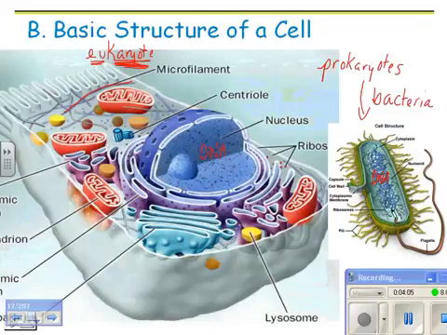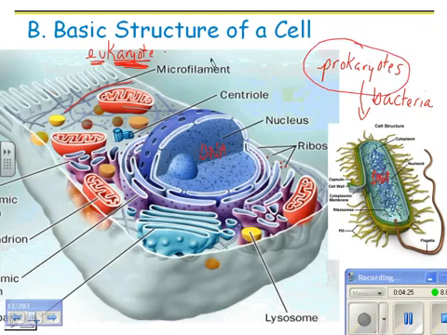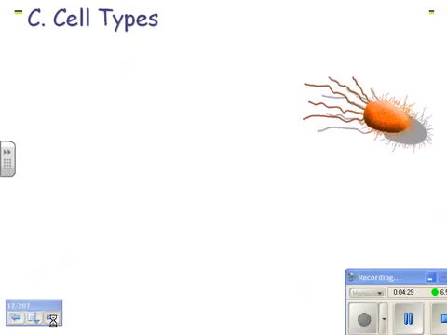So that's the difference between eukaryotes and prokaryotes. This has internal membrane-bound structures, and this doesn't. Really simple, really small for the prokaryotes, really complicated and a lot bigger for the eukaryotes. So that's what we're going to do in this video. We're just going to look at the basic differences between prokaryotic cells and eukaryotic cells. So let's start with the prokaryotes.